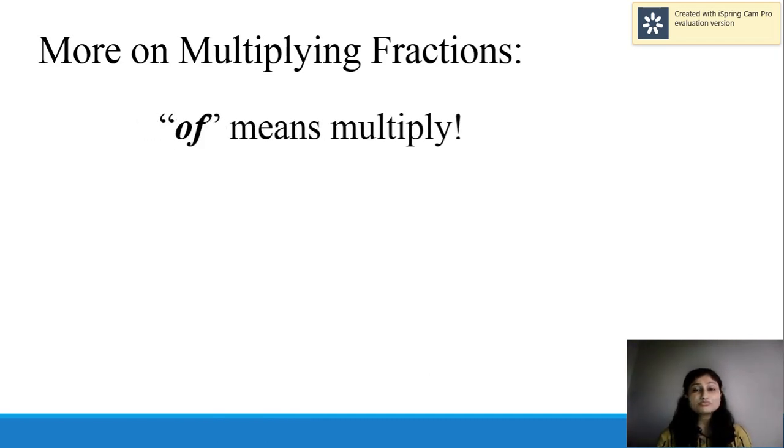Of means multiply. Whenever you have the keyword of in your sentence, for example, find 1/2 of 12 or 1/4 of 25, then you have to multiply whatever fraction is given by whatever whole number is given. For example,